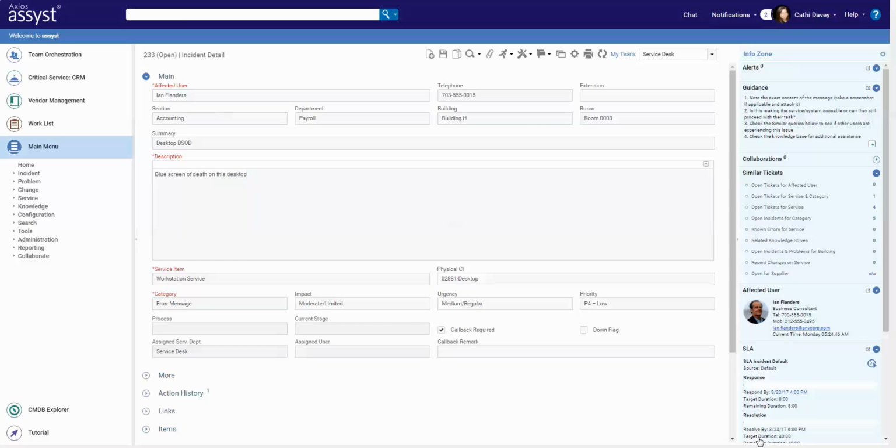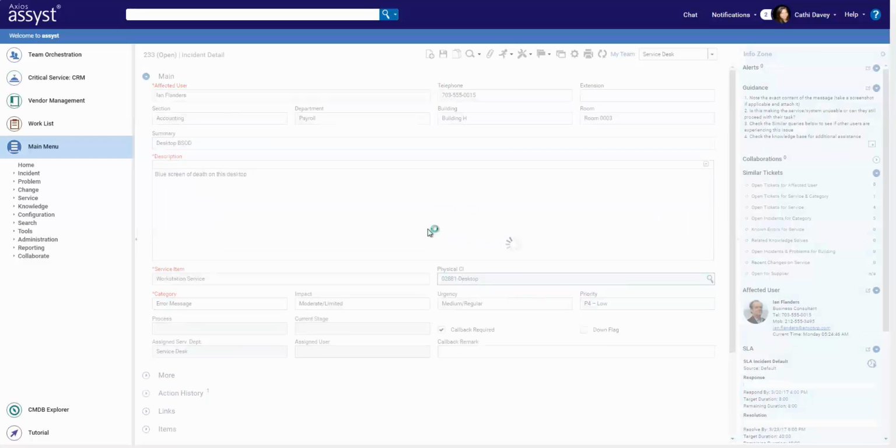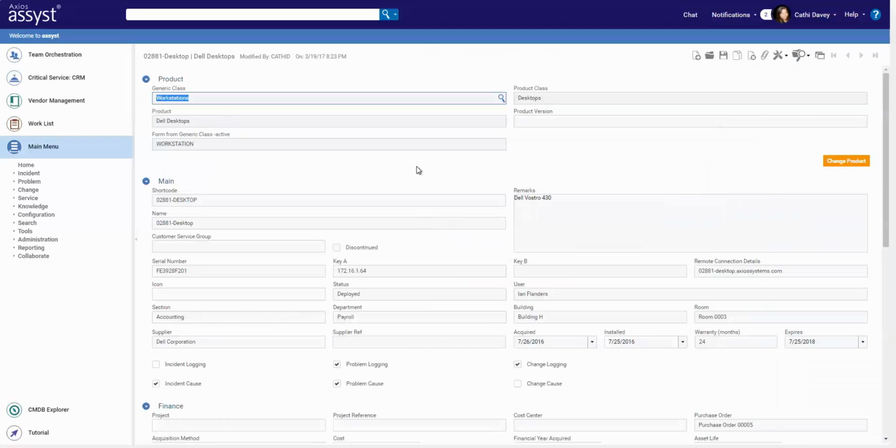We'll start with one of the areas we want to leverage the CMDB in. So here in restoring service with an incident, Ian is getting the dreaded blue screen of death on his desktop. We can drill down into this asset and see at the top that this has the workstation form associated to it, meaning we can have the view change depending on the type of asset it is classified as. So not everything is going to have the same type of attributes, so you'll be able to dictate that with